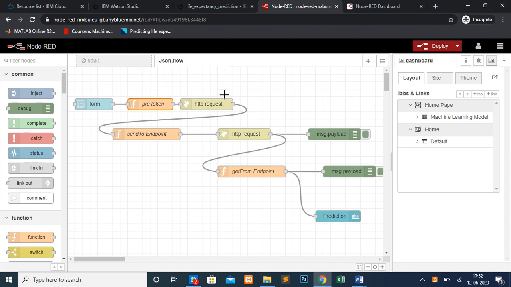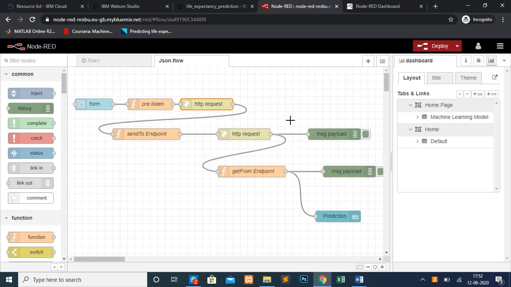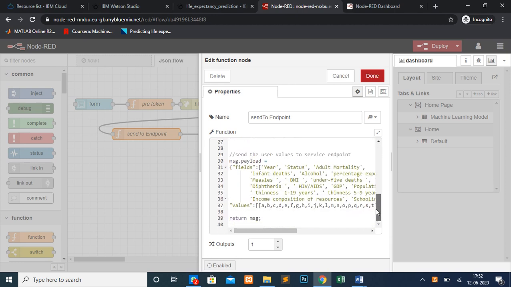After that, I go for the HTTP request. This URL is set. Just check that the method is post and it passes a JSON object. After that, I send to the endpoint instance. Here, this instance ID you can get from the Watson Machine Learning service credentials.